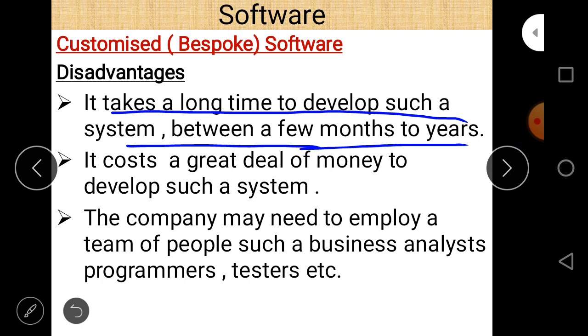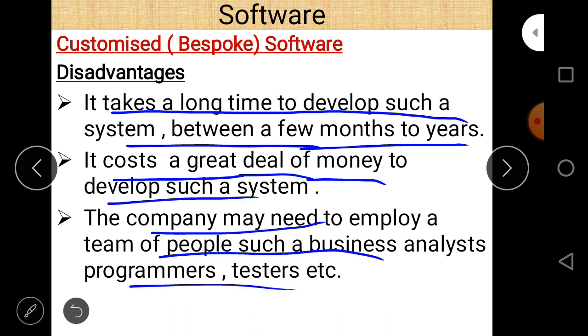But customized bespoke software takes a long time to develop, and it costs a great deal of money, because it is user centric, for a particular user. And the company may need to employ a team of people such as business analysts, programmers and testers to design a bespoke, customized software.